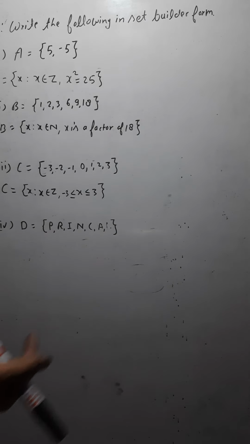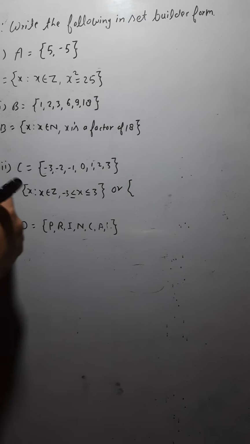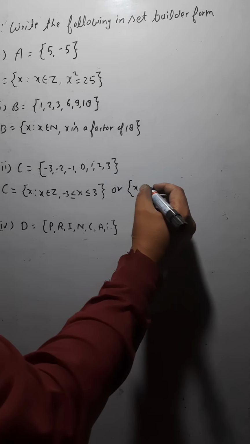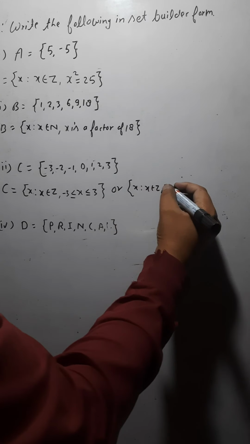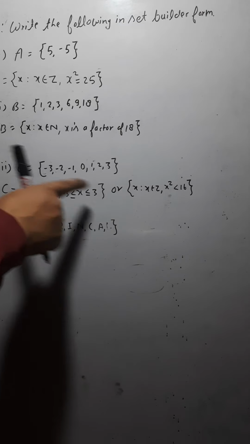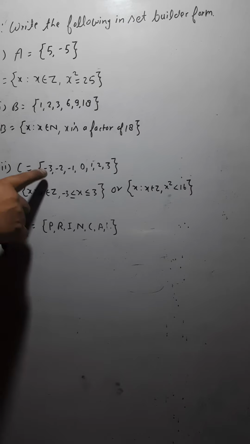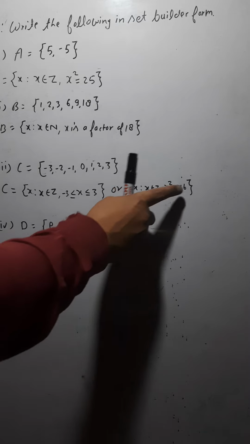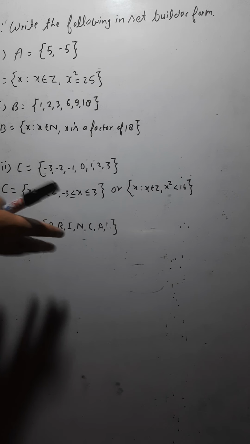One more way you can represent it, one more answer could be like, the set C contains the element x such that x belongs to the set of integers. This is okay. And one more thing you can write, where x square is less than 16. If you see, the square of every integer here comes out less than 16. Yes or not? The square of 3 is 9, all would come less than 16. So such that the x square of the integers should be less than 16. So all the integers would come there. So in both ways you can write this.